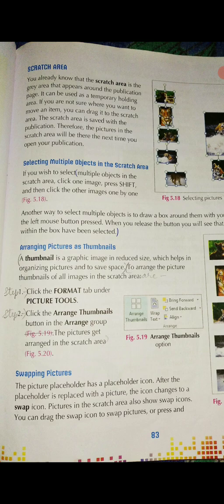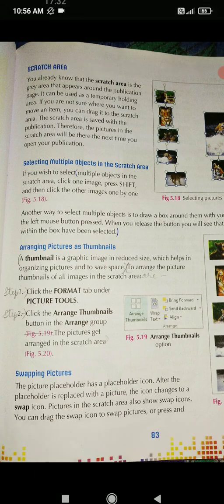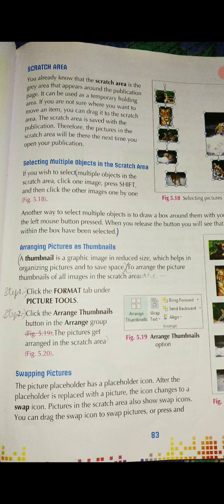By clicking one image, comma, press Shift and then click the other images one by one. Full stop.